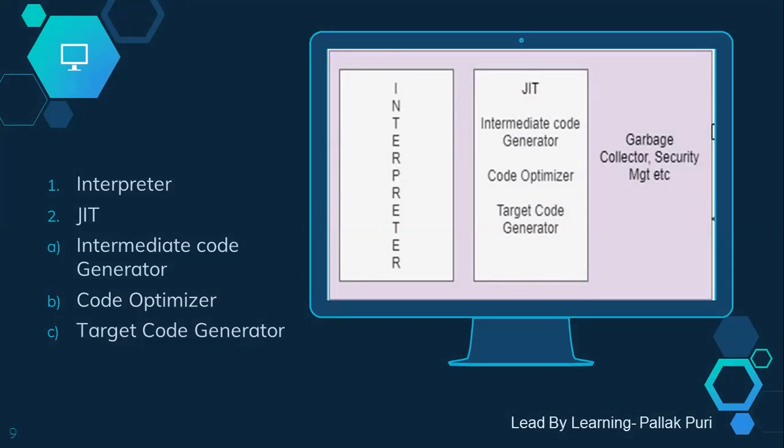So there is a problem with the interpreter. If any method is required repeatedly, then we need to interpret that method again and again. So every time we have to write that method and interpret that same method again and again. So instead of interpreting every time, we can just compile it once into machine code. So next time onwards, we can use this machine code in our program.